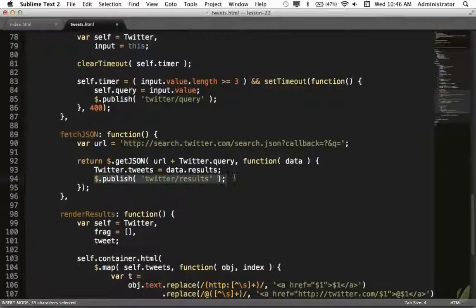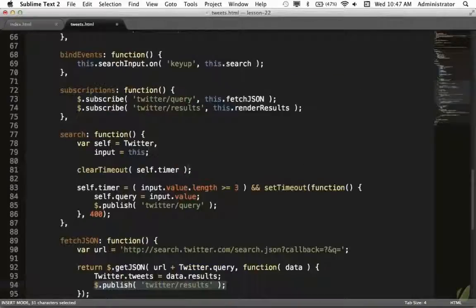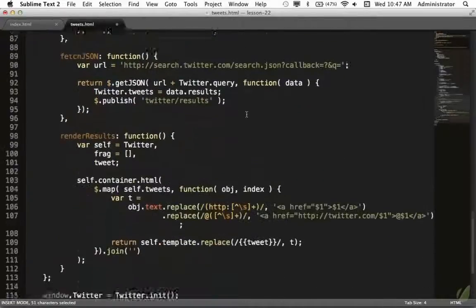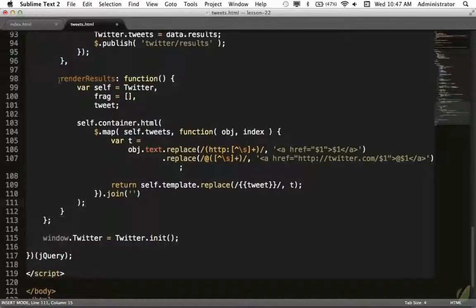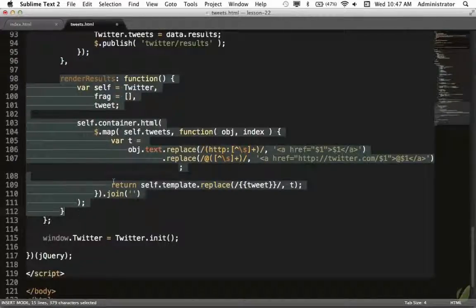Here, within the callback, it's making the announcement, hey, I have the results from Twitter. Whoever wants them, here they are. So let's see what happens. Well, here, a new subscription is listening for the results, and when results are available, it executes the render results method. Render results will simply filter through that Twitter data and throw it into the DOM,